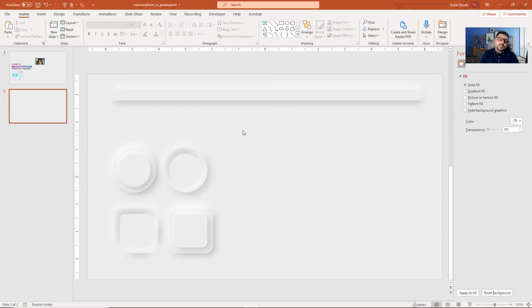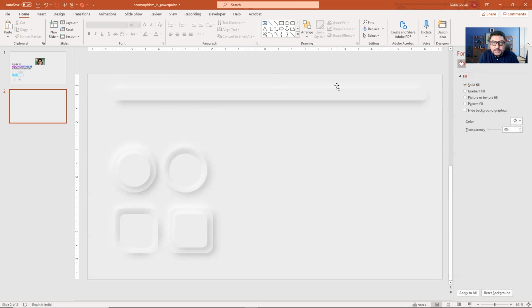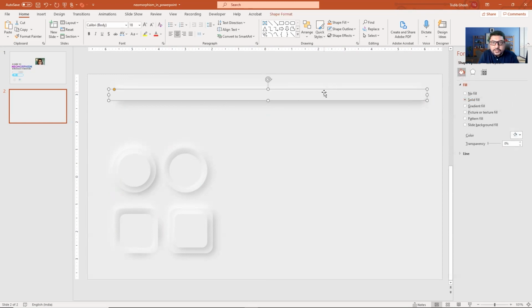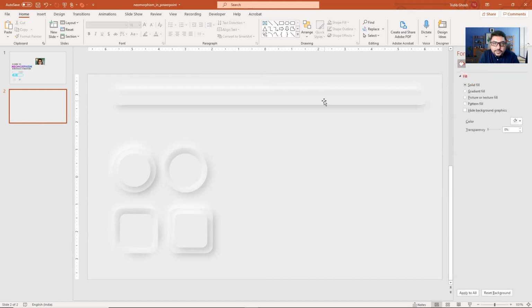Okay. And another thing that we have to do, we may choose to make these shadows a little bit thinner. Take it to 8, and the white one also to 8. Lovely.